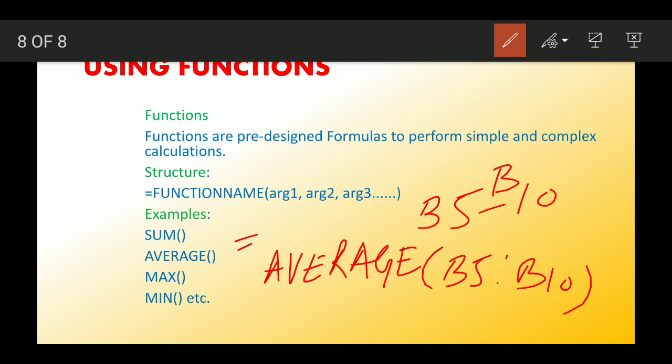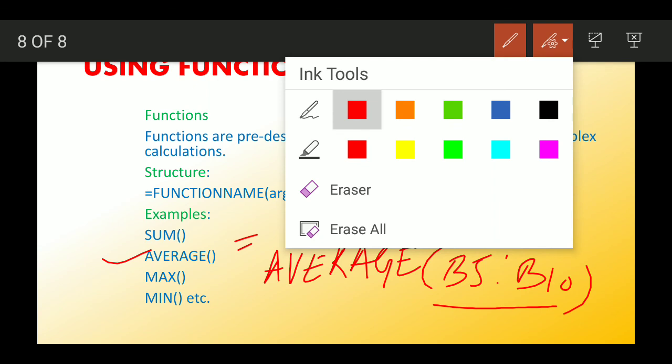In this way we can calculate the average. The values from B5 to B10 will first be added, and then divided by the total number of values. The AVERAGE function will calculate the average.